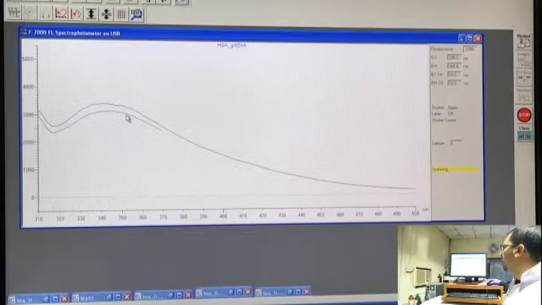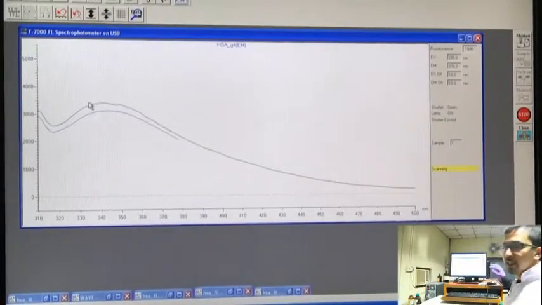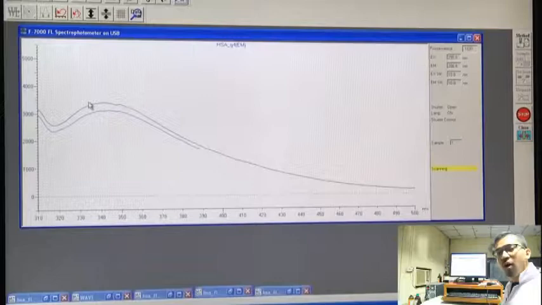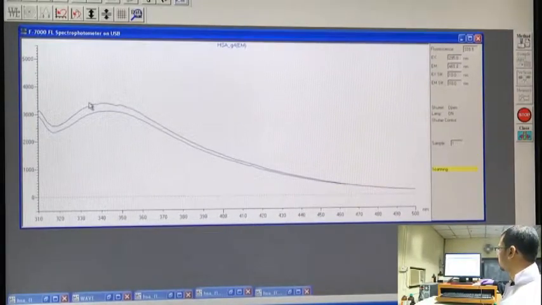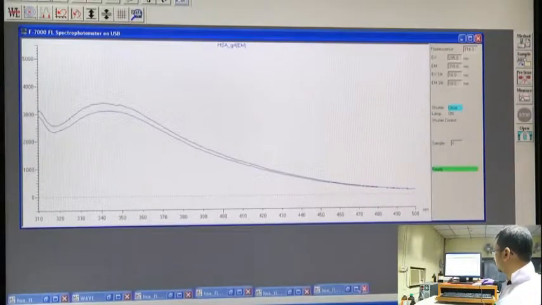Again we can see the intensity decreases. The decrease in intensity might be due to dilution or due to a change in the tryptophan environment. We can't be sure right now whether the dilution is affecting it or the tryptophan environment is changing in some way which is lowering its fluorescence intensity, until we subtract the control. Again we can see the emission maxima is almost the same out here. So, it is complete.